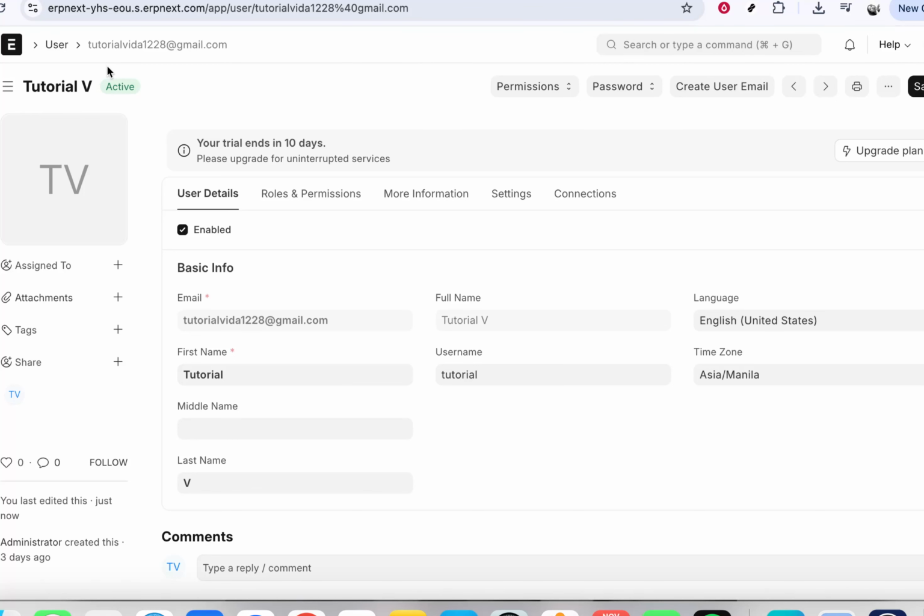Give ERPNext a moment to update. The interface should refresh, and you'll notice that the menus and labels are now displayed in the language you selected. If you don't see an immediate change, try refreshing your browser. And that's it. You've successfully changed the language in